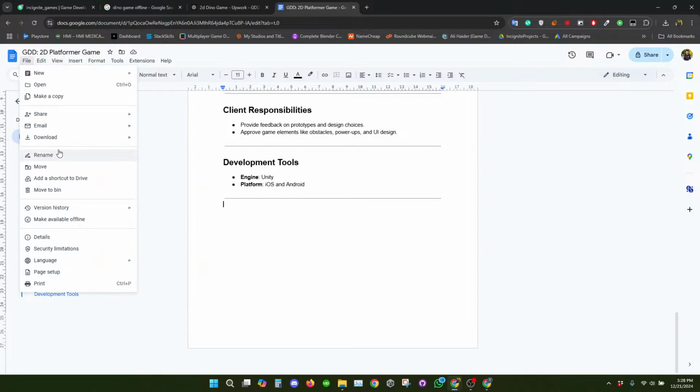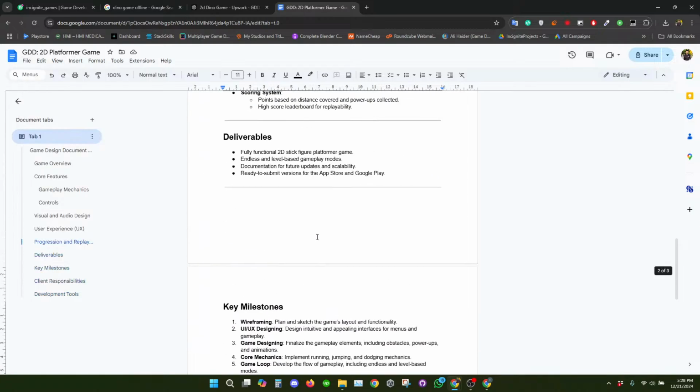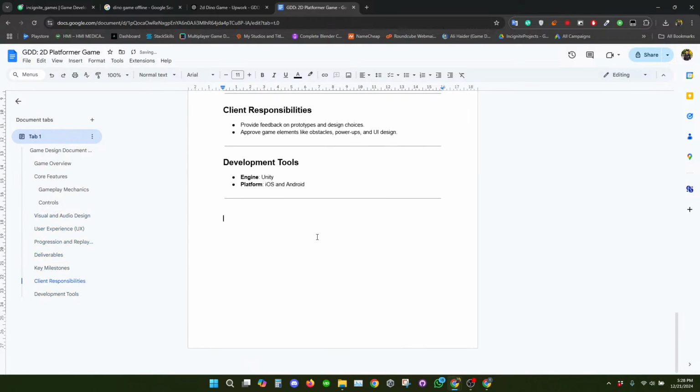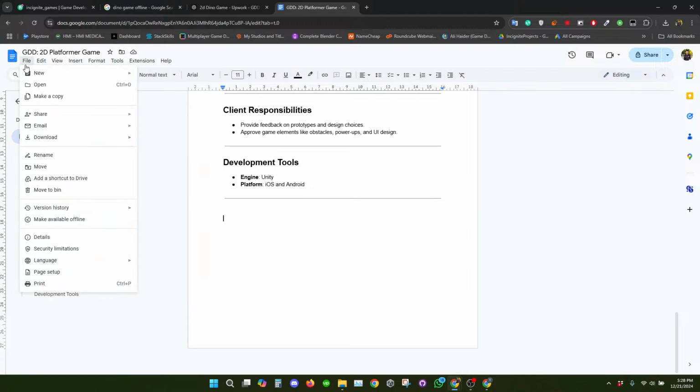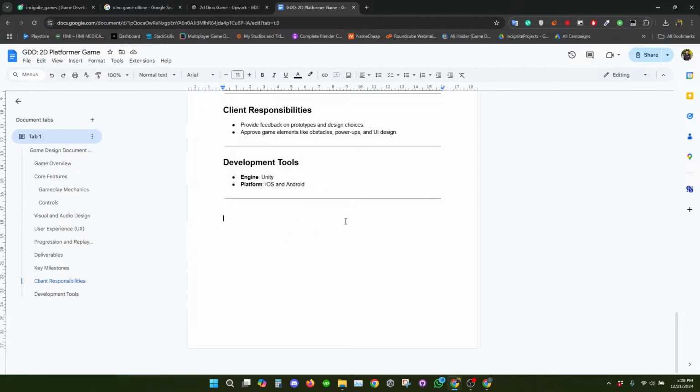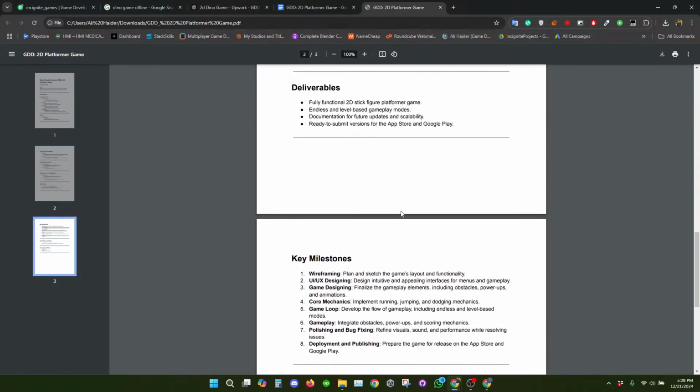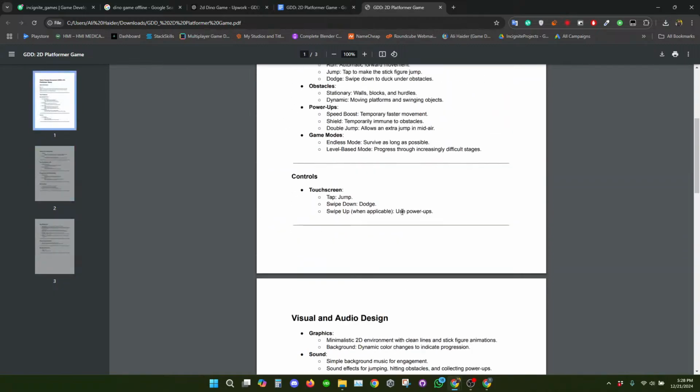So we can just download it as PDF. The reason we are not giving any timeline or budget is that it's an hourly project. We are getting charged for the hours we spend on this project, so we are really flexible when it comes to how much time we're going to spend. So we can just download it as PDF and then send this to the client. So now we have a GDD, just using GPT.